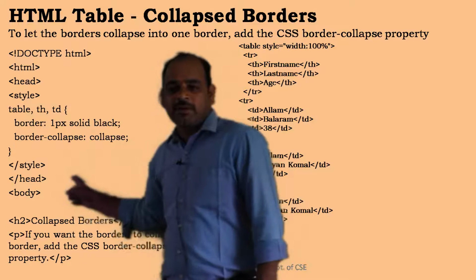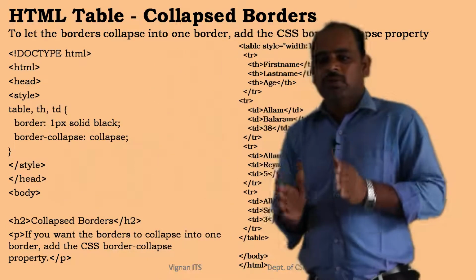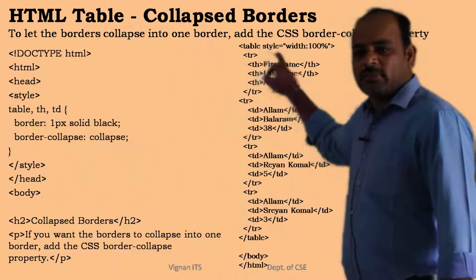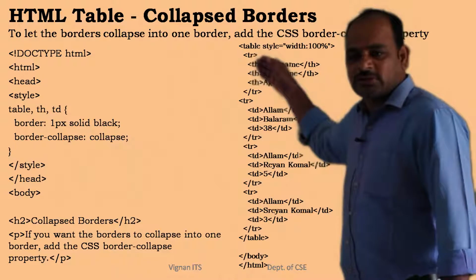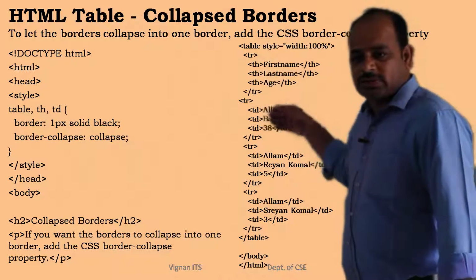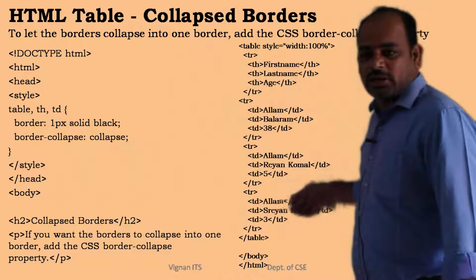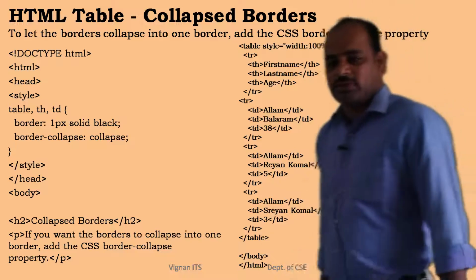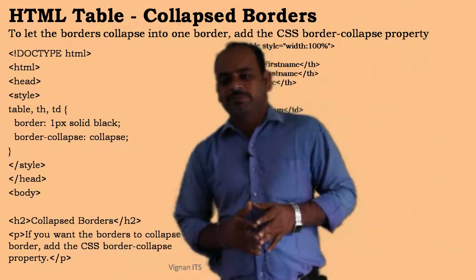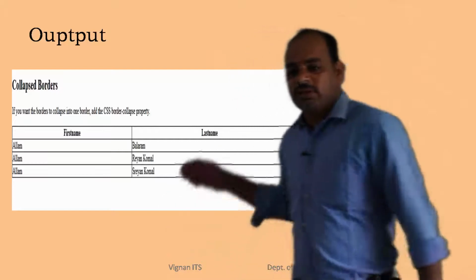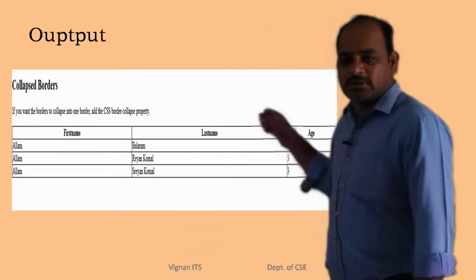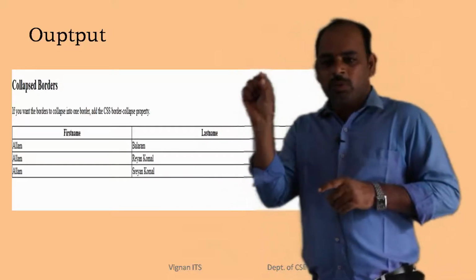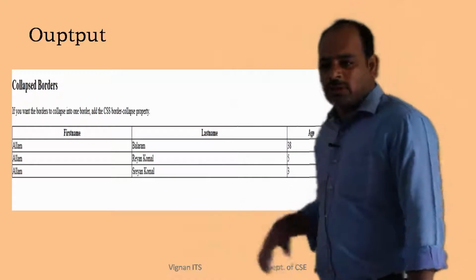And close the style tag, and you can see now how the borders are collapsed, and the remaining process is the same. Table created, and here table style width given 100%. This is as usual, and first row, second row, third row, okay, created fourth row. Sorry, first one is table heading. These 3 rows are inserted, which is the same as our previous slide. So you can see these are collapsed borders here. In the previous slide we have seen the borders are not collapsed. They are having 2 lines, right? Here we have only 1 line here.